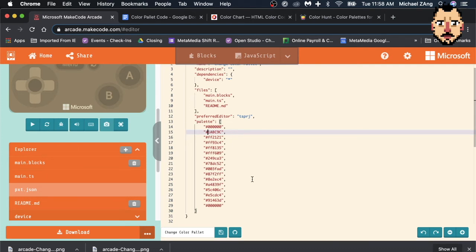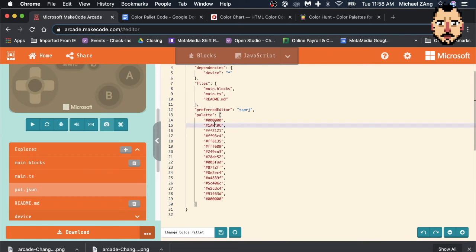Alright, so now when I save and update this, when I go into edit my sprite, that should no longer be white, it should be a nice teal color. So I struggled with this for a little while. I'm not sure why it makes you do this, but once you have your colors in here,